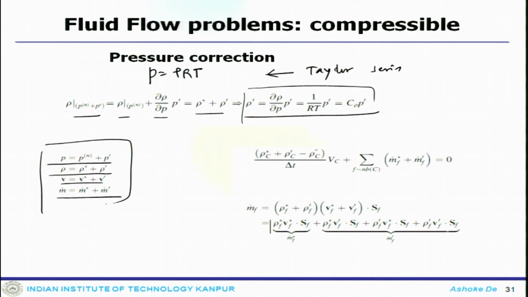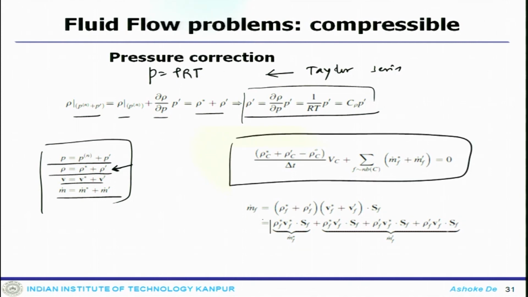When we looked at the incompressible case, we did not bother to look at the corrections of the density. Now, we need corrections of the density as well. If you put this in the semi-discretized equation, this is how it looks, where the mass flow rate would be rho f star plus rho f prime, B f star plus B f prime, which boils down to two quantities. The second correction term is usually neglected, and then we obtain the detailed correction term. Now, we will stop here today and take it from here in the follow up lectures. Thank you.